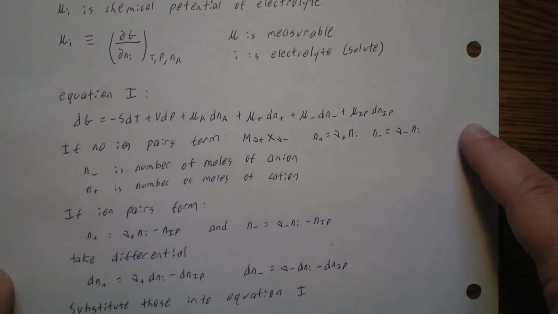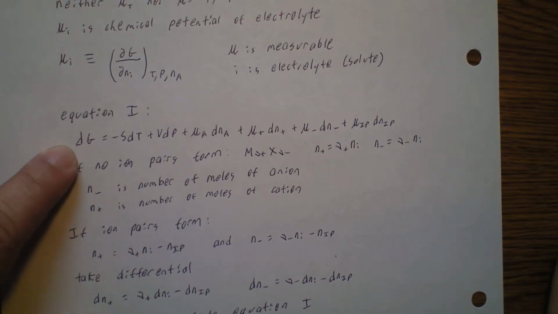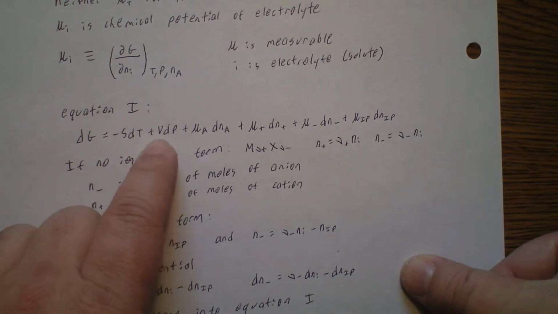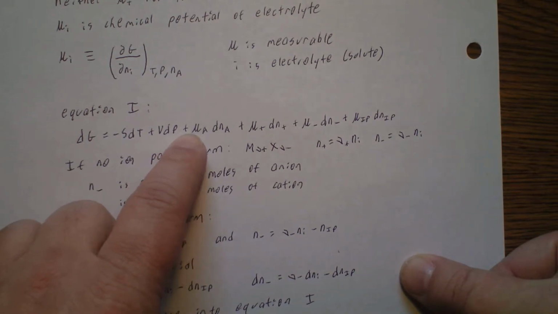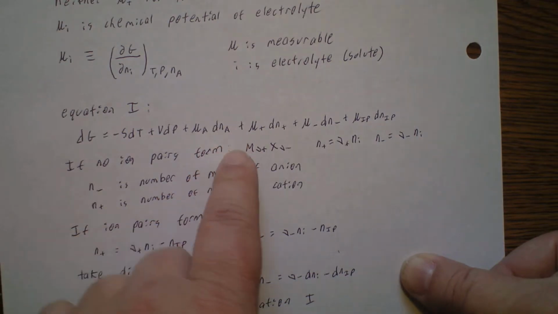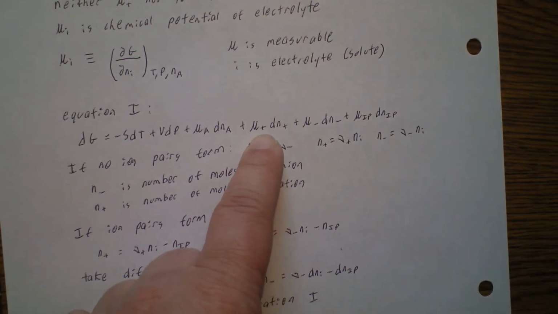Okay, we're going to have a named equation here, which means we want to be able to refer back to it later on. So we have equation 1: the differential of the Gibbs free energy is equal to minus the entropy times the differential of temperature, plus the volume times the differential of pressure, plus the chemical potential of the solvent times the differential of the number of moles of the solvent, plus the chemical potential of the positive electrolyte